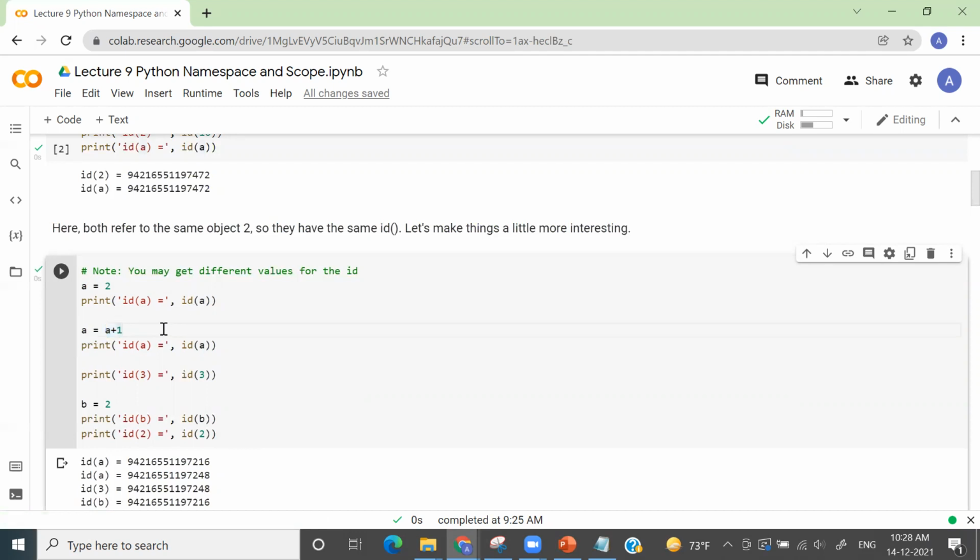What this means is, we initially had the value of A as 2. We are adding plus 1 to it. So now my object became 3, right? So now we won't have the same memory address. That's why you see that if we do a second print of A, this memory address is different now.